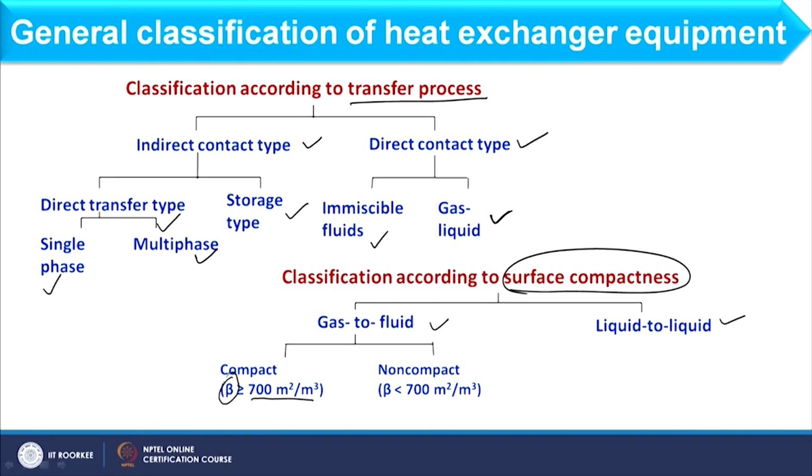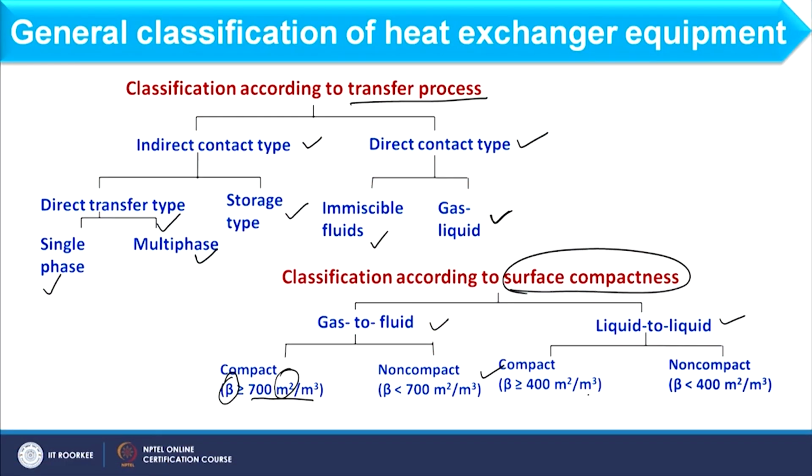Surface compactness we are representing with the factor beta, and if it is more than 700 meter square per meter cube, where meter square means heat transfer area, we consider that unit a compact unit, otherwise it is non-compact. That beta value you can obtain very easily, because you know the heat transfer area and you know the total volume of the unit. In that way you can calculate